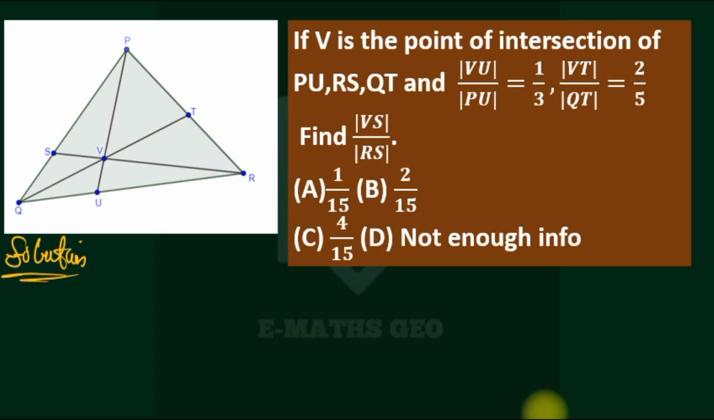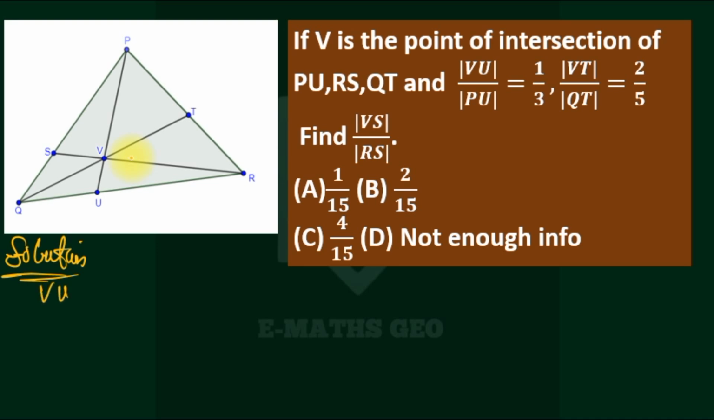Triangle. Once V is the point of intersection of the cevians. A cevian is a line segment from any vertex of the triangle to the opposite side. So PU, QT, and RS are cevians which meet at point V. So that's